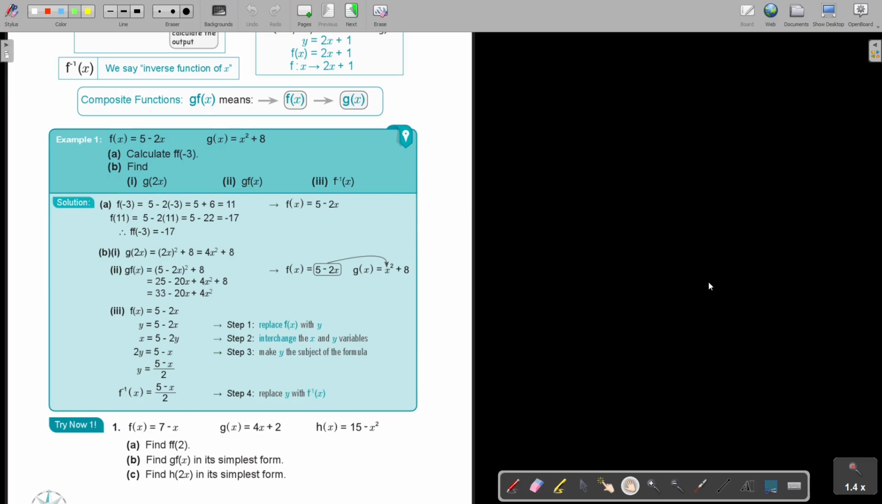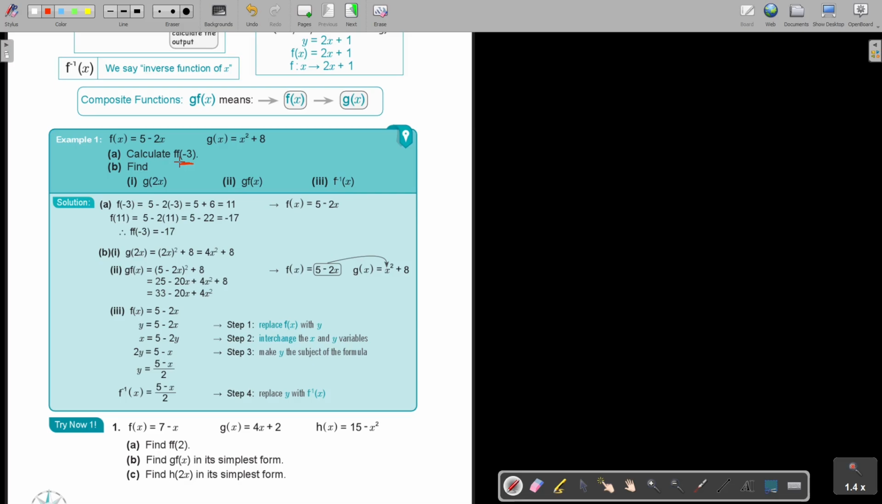Okay, so let's look at example number 1. f(x) equals 5 minus 2x, and g(x), it's another function, equals x squared plus 8. Now, calculate f(f(-3)). In this case, I will always start from the back. So I will first calculate f(-3). So f(-3) is 5 minus 2